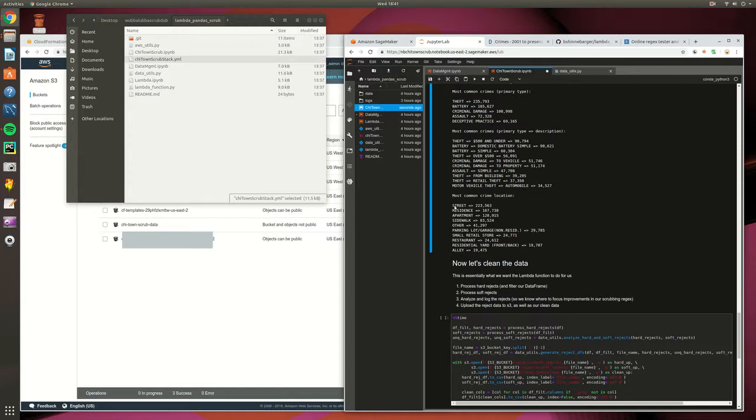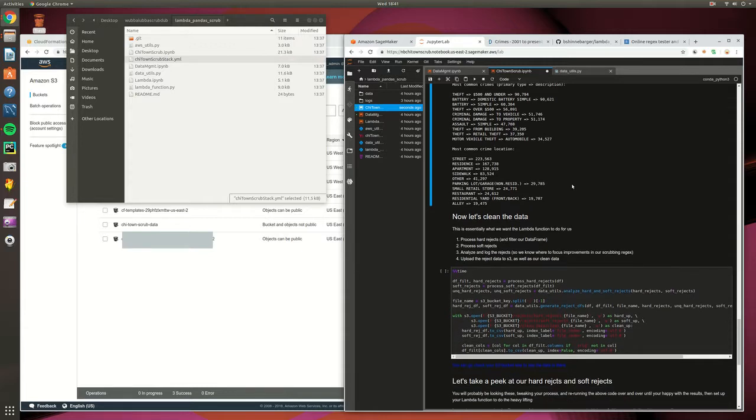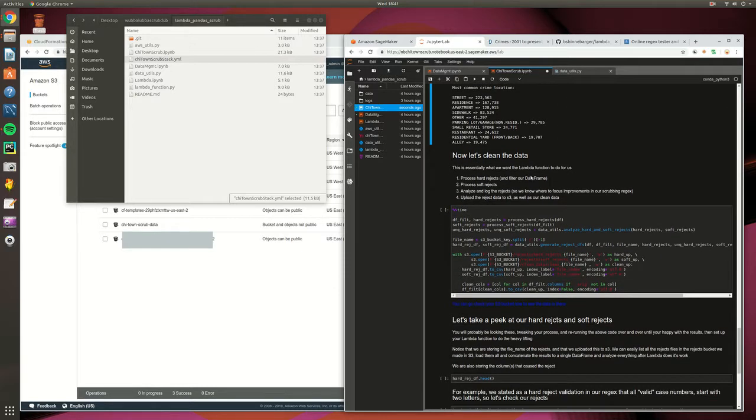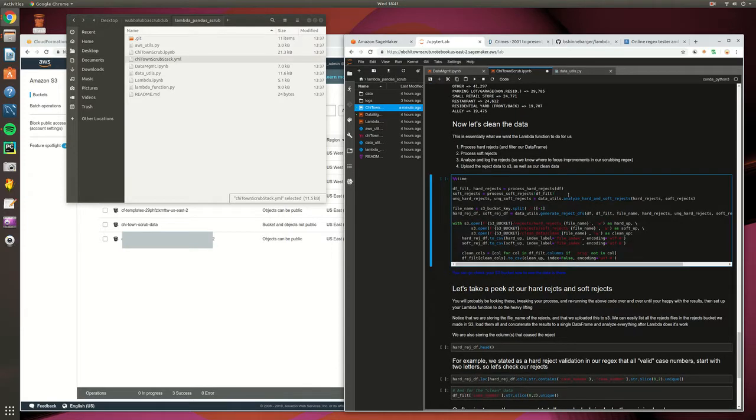So if you look here, you'll see that if you're on the street, the sidewalk, your apartment, or your residence, those are the most common places where a crime occurs, so you're not really safe anywhere. But anyway, this is the main logic that we're going to pass into our Lambda function. So we can start running that,